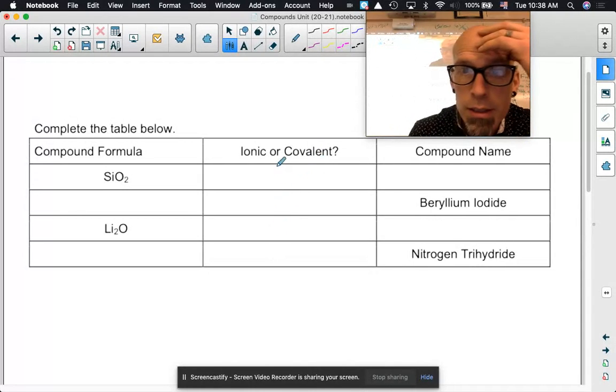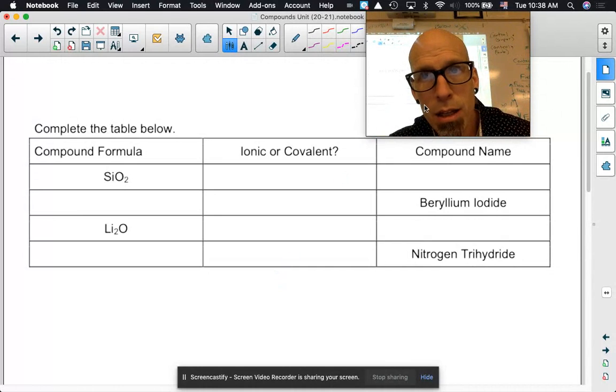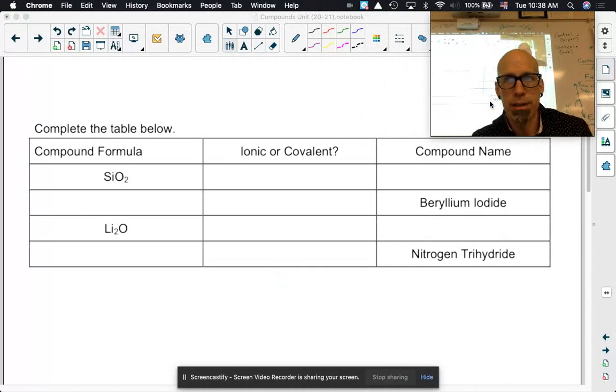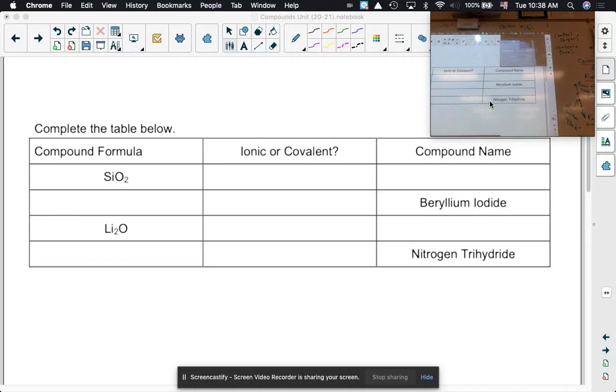notice there's a column here that says ionic or covalent. Well, how are you supposed to know that? Well, let me tell you a couple things here. If it's ionic,